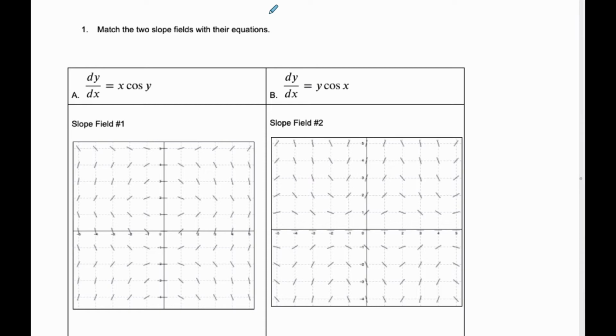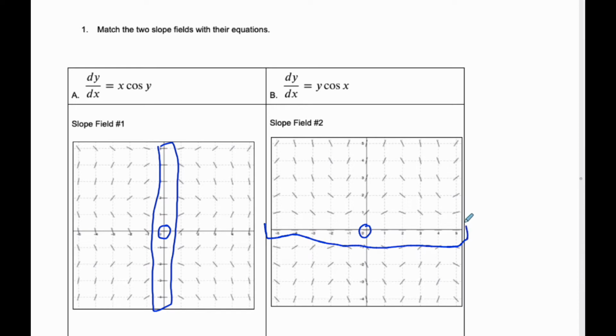Okay, so for this particular starter question here, we have to match which slope field is which. And so when I look at them, they're very similar, just the x's and y's are in different spots. And when I look at the slope field itself, I notice that 0, 0 is the same as 0, 0. But I also notice that the y-axis here all has slopes of 0,